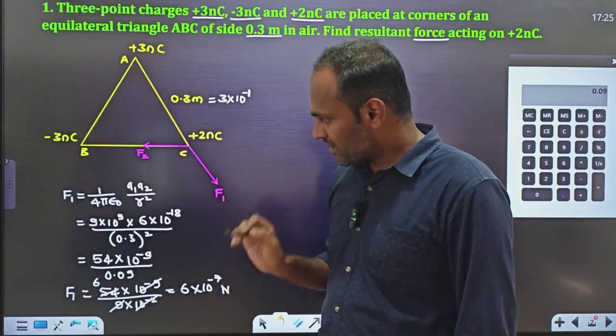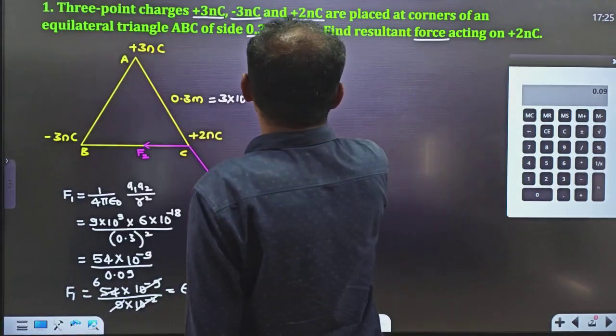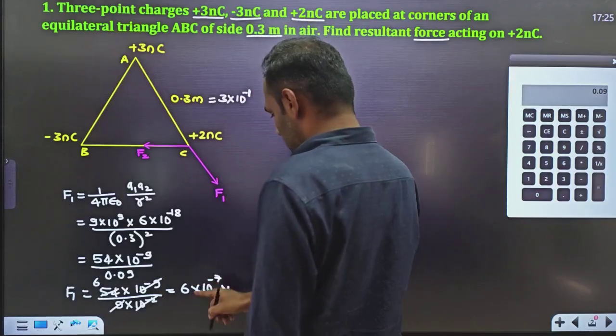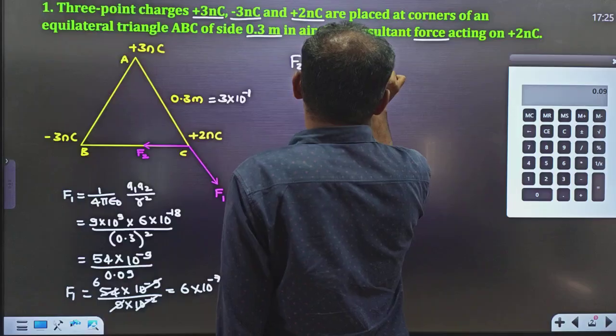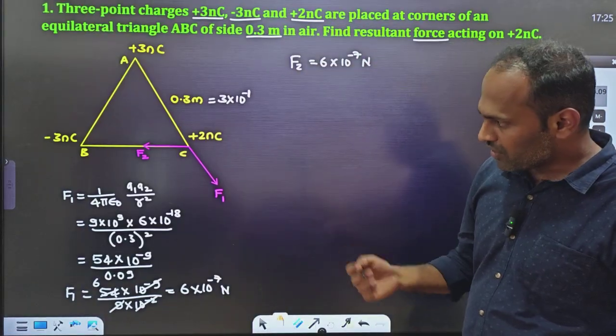Again 0.3. That's why even F2 will also be the same. F2 also comes to us as 6 into 10 to the power minus 7. This much force only we will get as F2. So when you calculate,